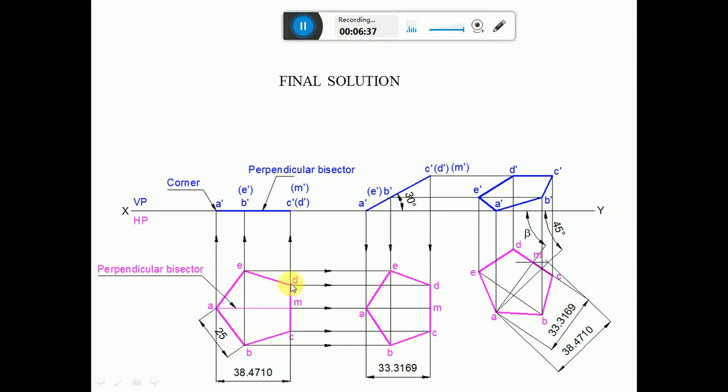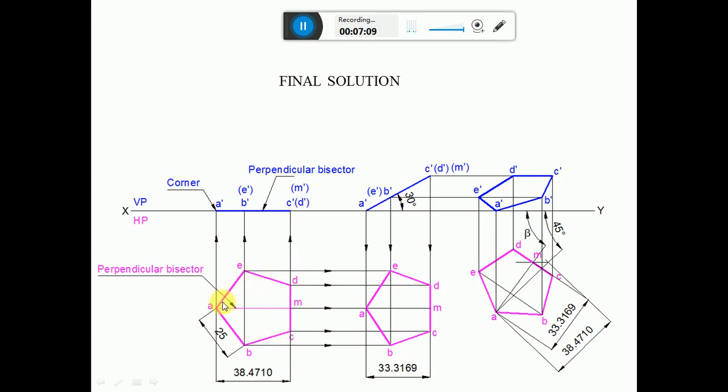Similarly, with D as center, from the clockwise direction, measure an angle of 180 degrees and then draw this line. Then by using the compass, take the radius of 25 mm with C as center, cut an arc on this side, and also from this center cut an arc on this side. Similarly, with the same radius, with this as center, draw an arc, and from this as center, cut the previously drawn arc. So that you are going to get the 5 points. Then mark these points as A, B, C, D, and E.